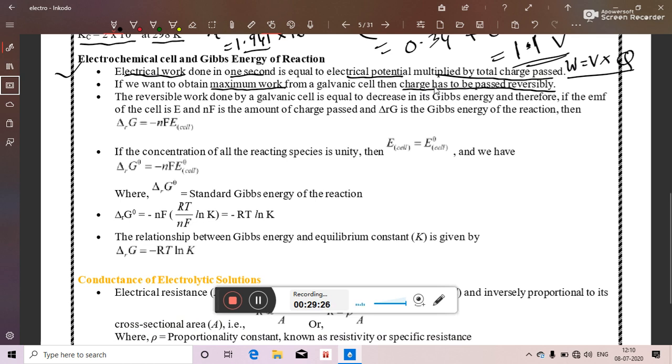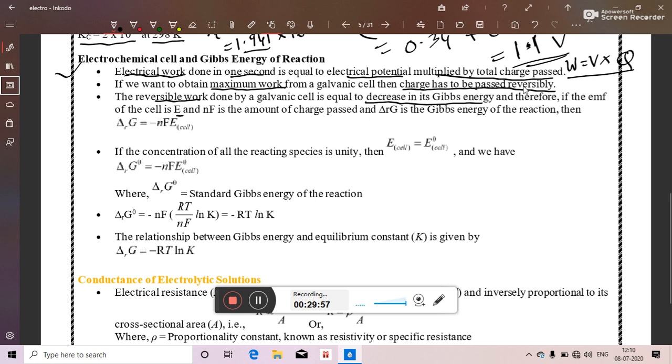So in that case we will see that the flow of electrons will take place from cathode to anode, and once the electrochemical cell is charged, again it is ready to undergo spontaneous redox reaction. So here we will see that reversible work done by a galvanic cell is equal to the decrease in its Gibbs energy, and therefore if the EMF of the cell is capital E,